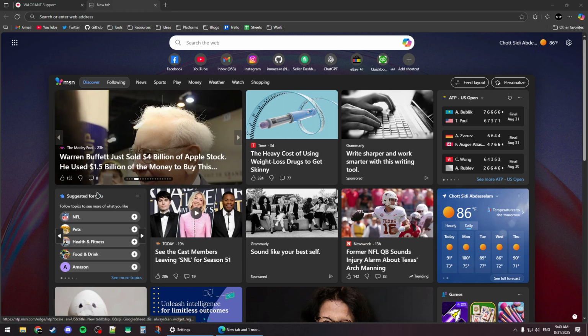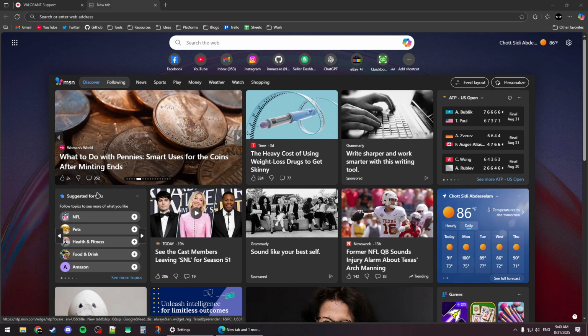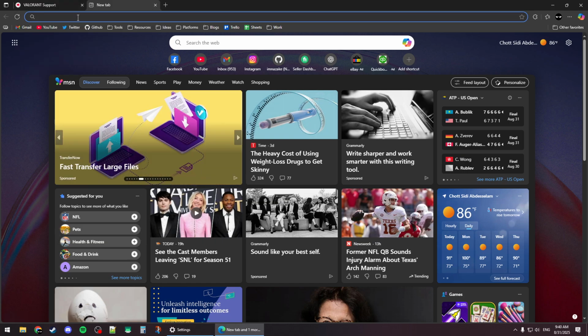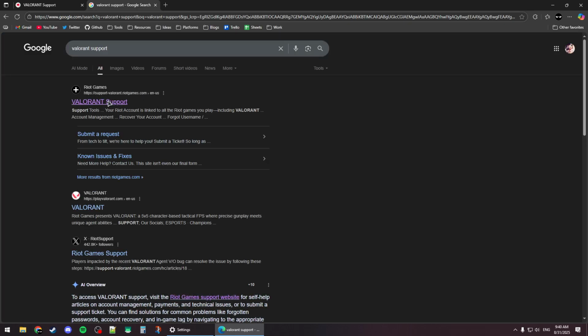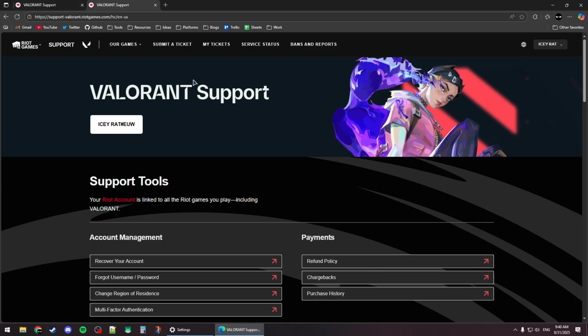How to change your region or your country in your Valorant account. So first, you want to open up your browser and then search for Valorant support, and then click on the first link from Riot Games. Then it should take you to this page right here, and make sure to sign in with your Valorant account